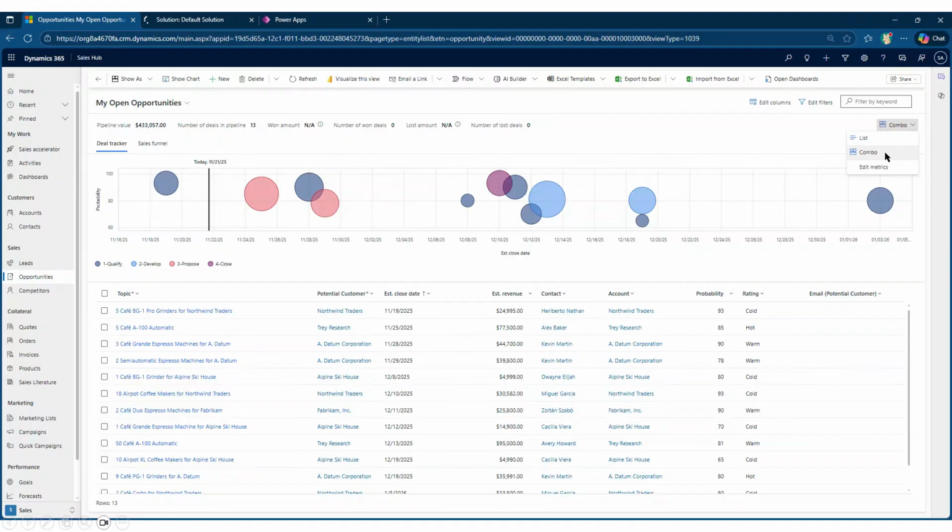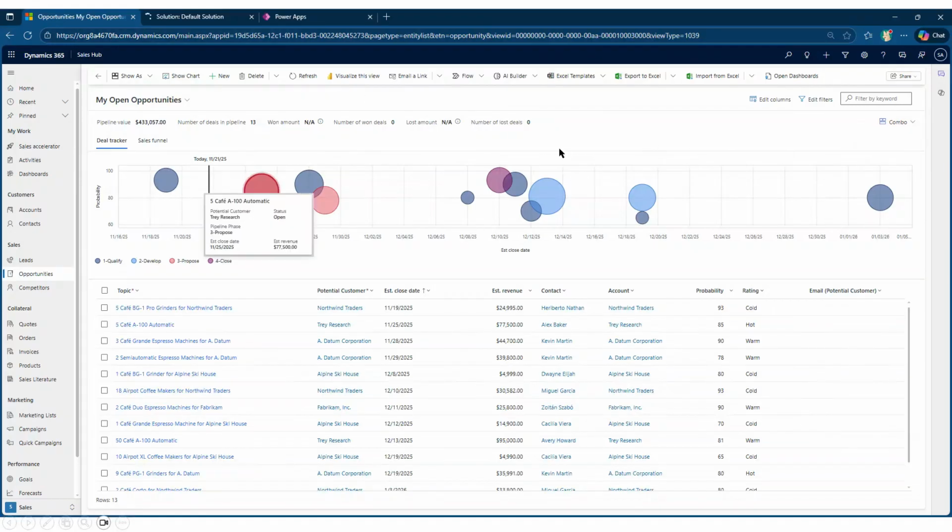For now, I will go with this combo type so that I will see both my charts and list together in a single page. And if I hover over any particular bubble here, it will show me quick details about that particular opportunity. Before that,